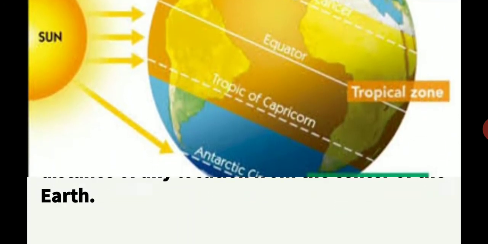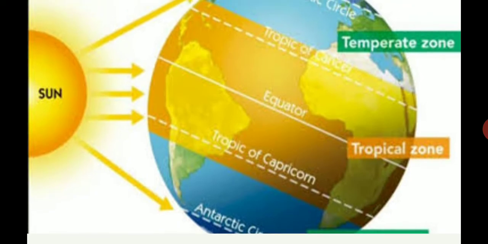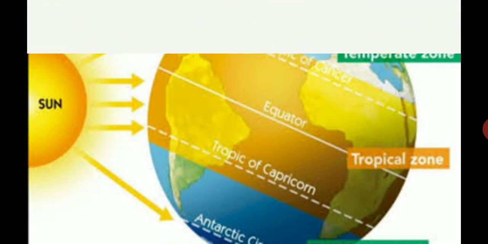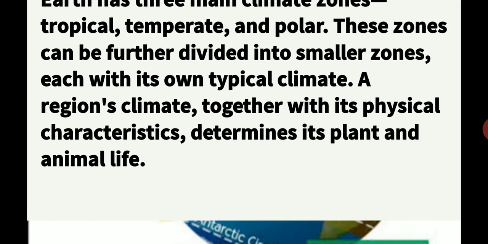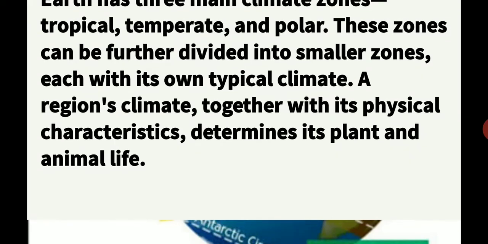The rays of the sun fall on a particular place, so that particular place will always be a heat zone. The rays fall directly on the equator, and the places near the equator will always be in a heat zone. Like if we talk about South Africa, it is a very high temperature place. That is the heat zone, where the rays of the sun fall directly.